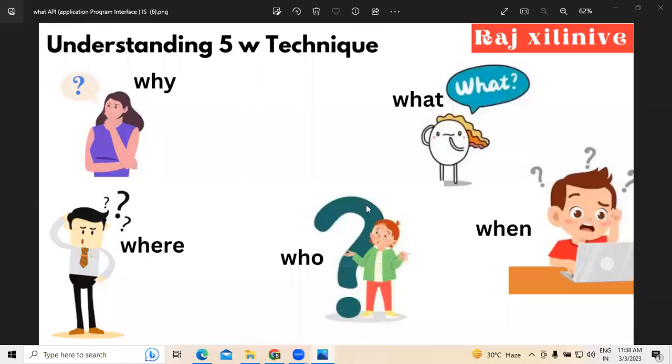Hi, welcome to Xilinive. Today we are going to discuss the importance of the 5W technique in the context of